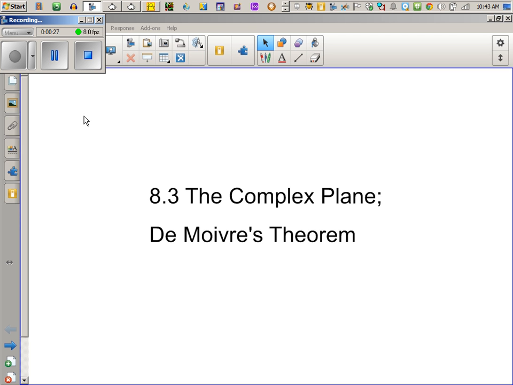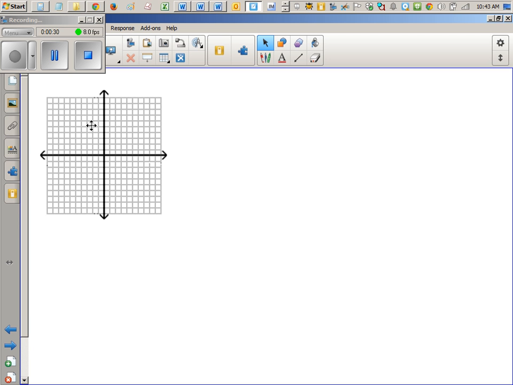Okay, so the first thing I'd like you to do is I'm going to just check your background knowledge. I want to know if you remember how to plot a complex number. So what I'm talking about is how do you plot 2 plus 5i? This is an Algebra 2 standard, so you have learned it. If you have no idea what I'm talking about, just sit tight and wait. If you think you might know how to plot that on this xy plane, draw an xy plane and plot